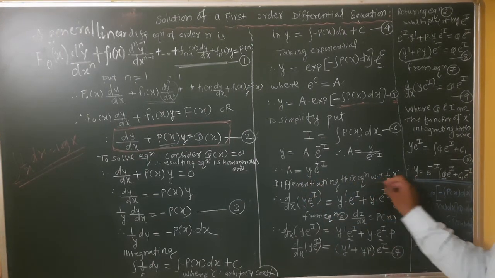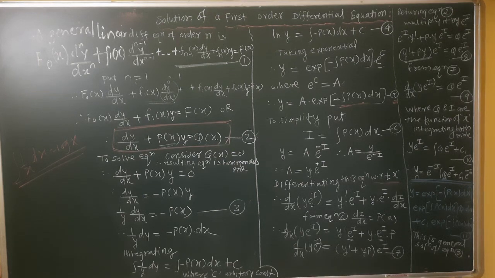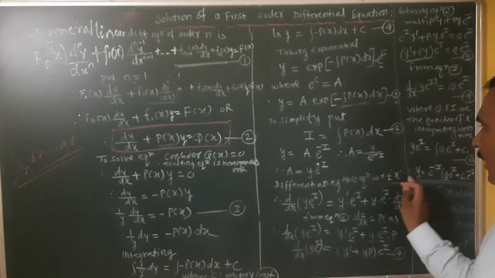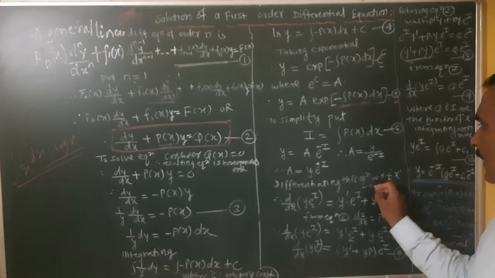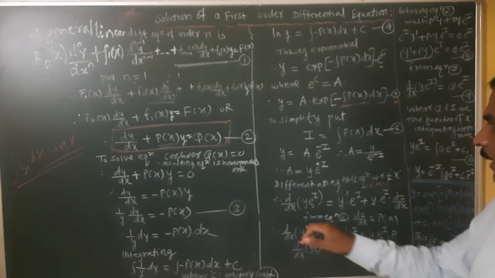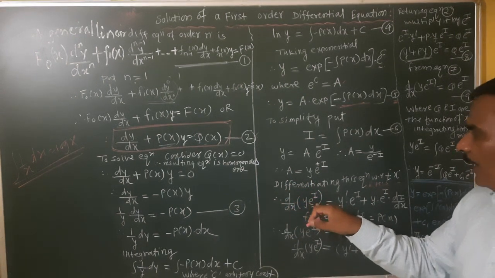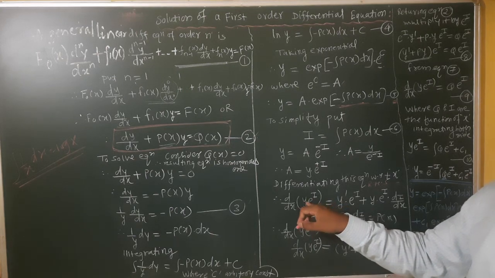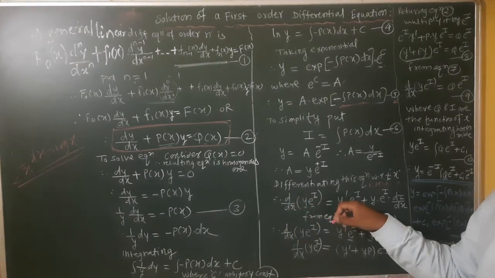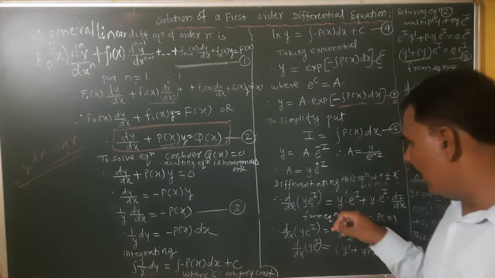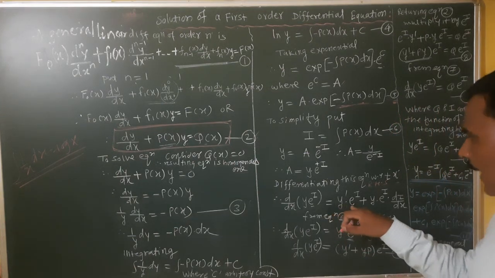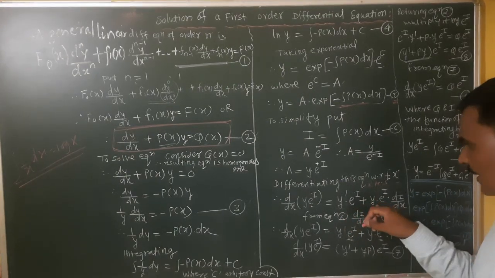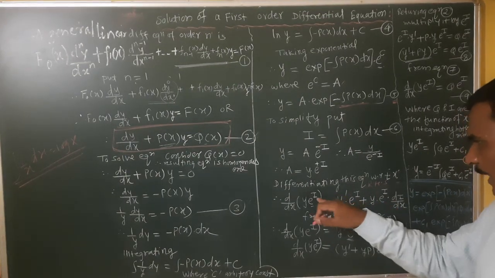Differentiating this equation with respect to x, on the RHS, the right hand side, what we have to get is d by dx of y into e raised to I, which is equal to first function, derivative of first, that is dy by dx, nothing but y dash, into e raised to I. Derivative of first, second function as it is, plus first function as it is, derivative of second, e raised to